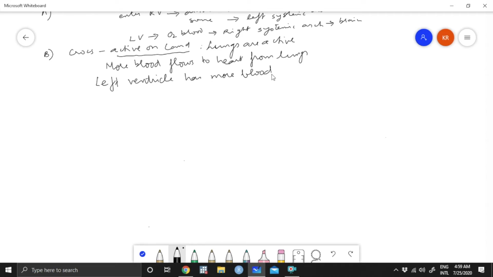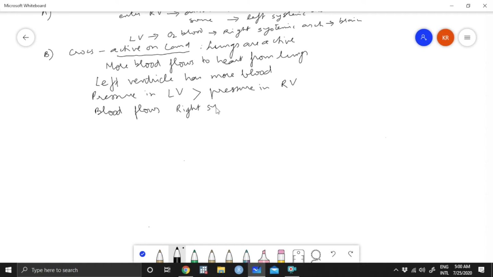Through the pulmonary vein. So blood is coming into the heart through the pulmonary vein into the left atrium. From the left atrium it comes into the left ventricle. So the left ventricle now has more blood. Therefore, pressure in the left ventricle is greater than pressure in the right ventricle. Therefore blood flows primarily from the left ventricle into